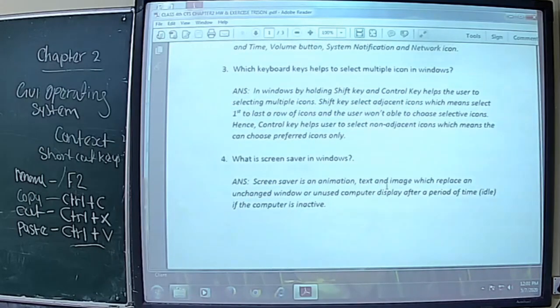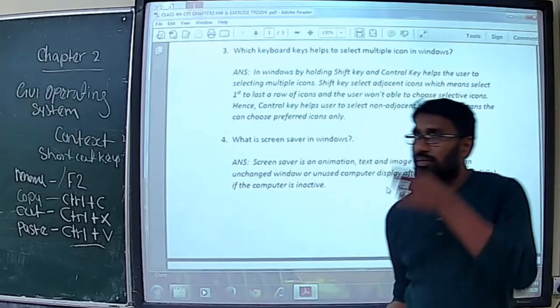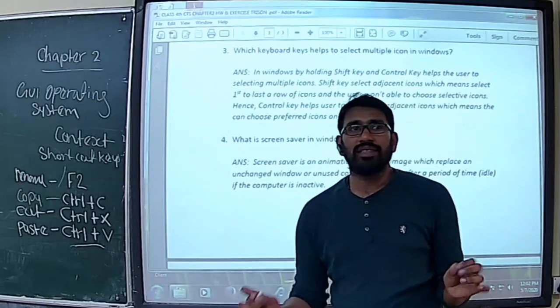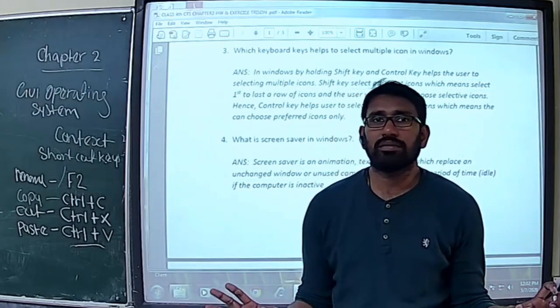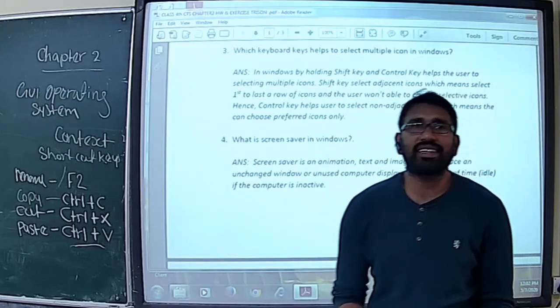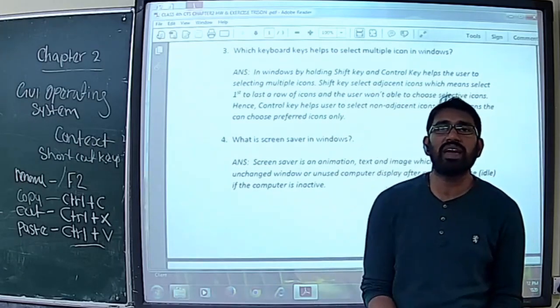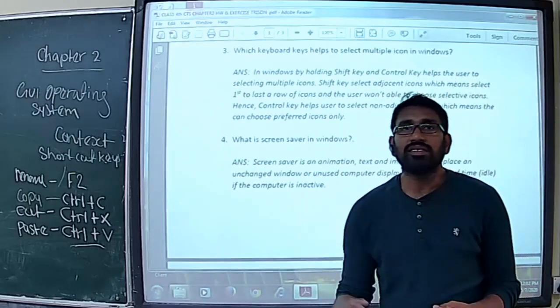Then our fourth question: what is a screensaver in Windows? We already discussed that. A screensaver means if we are not doing anything, we are simply sitting in front of the computer, that time text, animations, images come up in an idle time, in a set time.